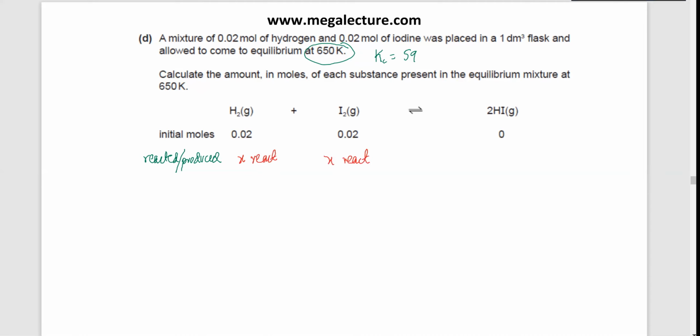And if X moles of H2 and I2 react, they're going to produce 2X moles of HI. These are going to be produced. And finally, we're going to find our equilibrium moles. So at equilibrium,